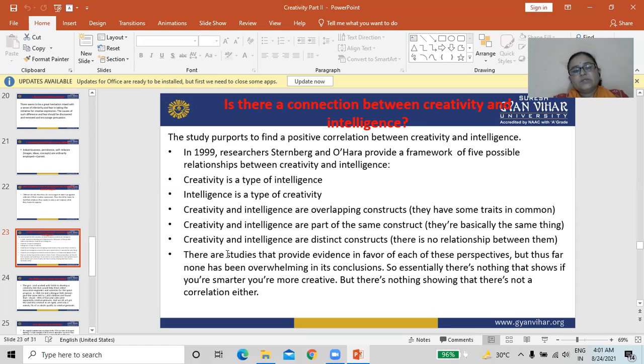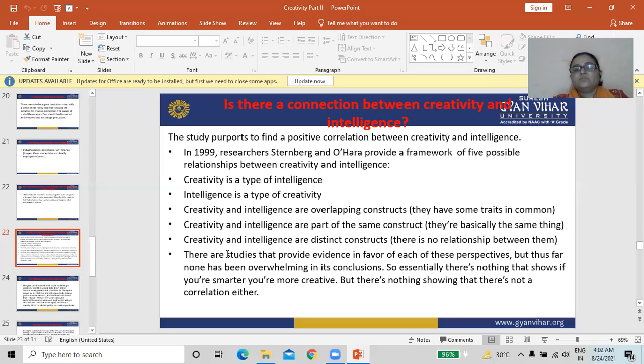Creativity is a type of intelligence. Intelligence is a type of creativity. Creativity and intelligence are overlapping constructs.